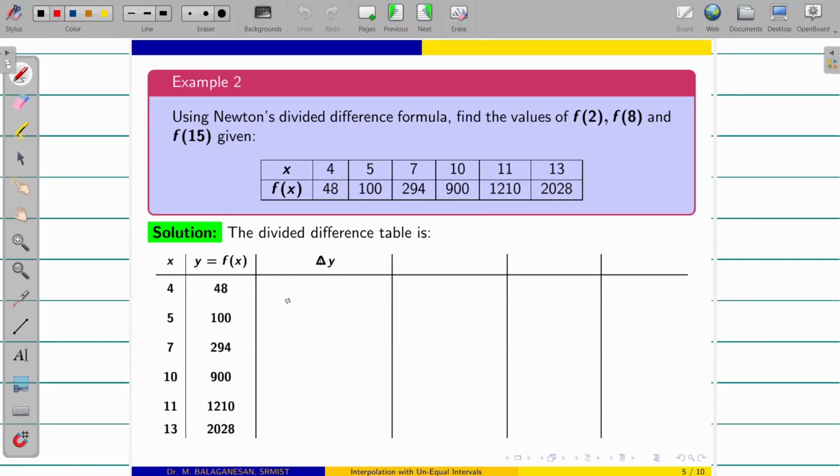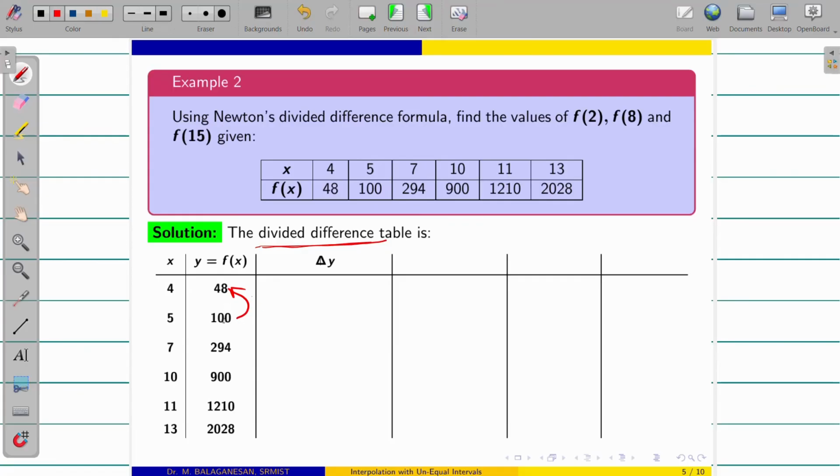And what we have done in the difference table, directly we will subtract this minus this. That will be the answer. Most of you will make the mistake. It is not equally spaced, so you have to use the divided difference concept. You have to use the divided difference concept. What a divided difference says is that it will be